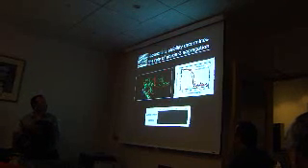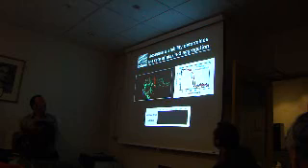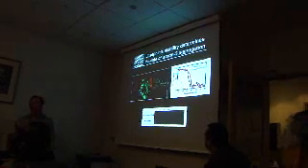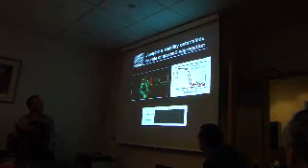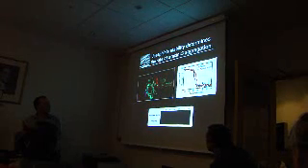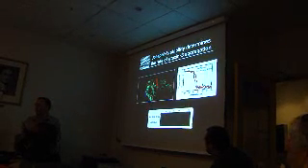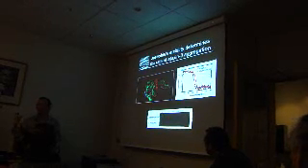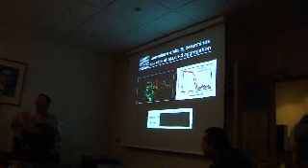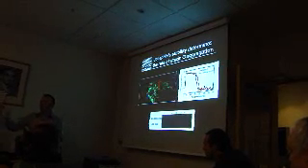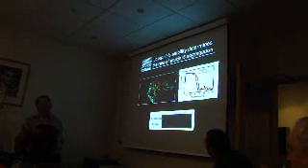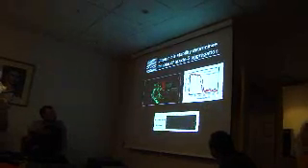All right, so over here is the structure of Josephine. A group in London actually beat us to the structure. They solved it, so we know what it looks like. And what we did is we introduced a mutation over here which stabilised the protein. All right, so all that means is if we heat this protein up, all proteins begin to change shape. By stabilising it, that occurs at a much higher temperature. The protein's like a rock. All right? And what you can see down here, or I hope you can see,